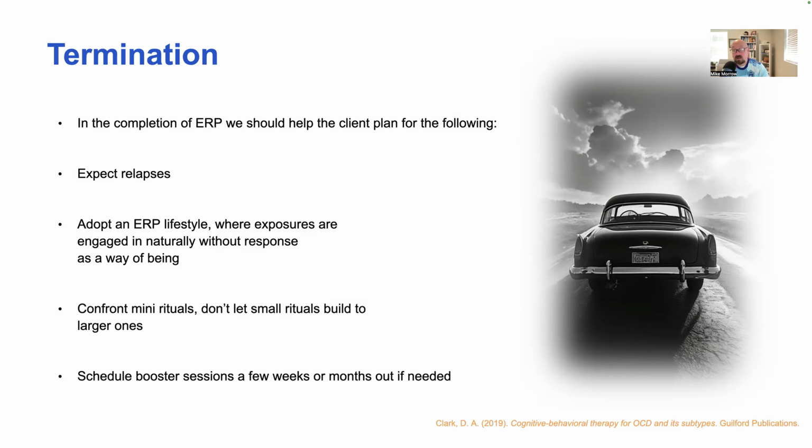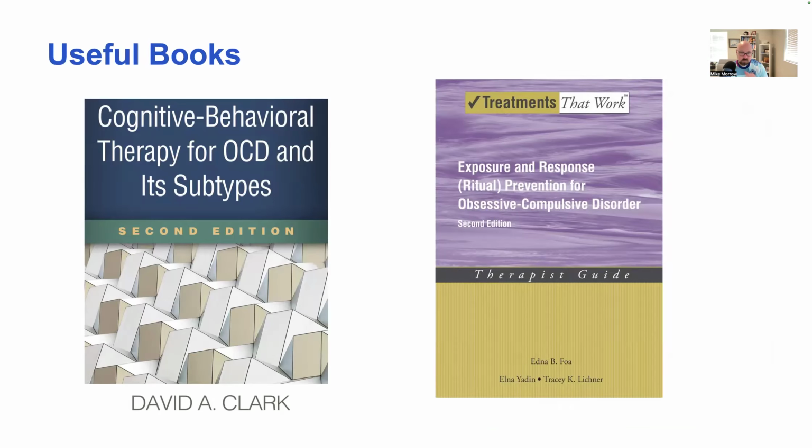Here are some useful books that I would suggest if anybody's interested in learning more about exposure and response prevention. I would also suggest getting formal training, as it can sometimes be difficult to do exposure therapies generally without some sort of training. But these two books are great: Cognitive Behavioral Therapy for OCD and its subtypes, and then Exposure and Response Prevention for Obsessive Compulsive Disorder. I'd say David A. Clark's book is really theory heavy, very theory heavy in a good way,